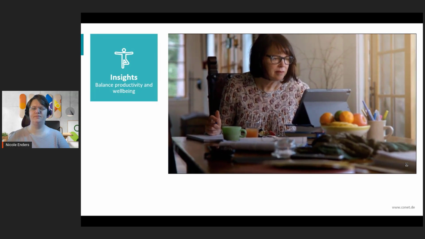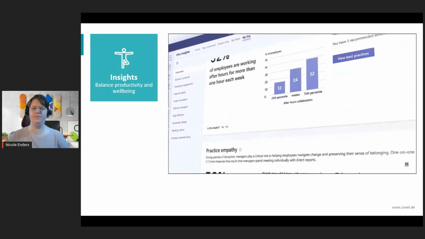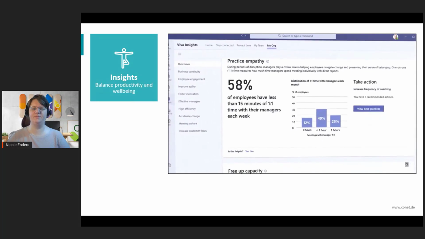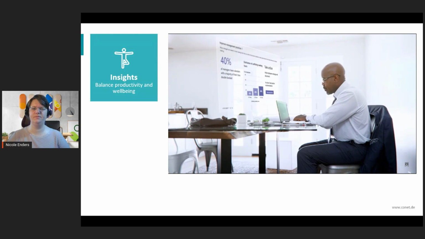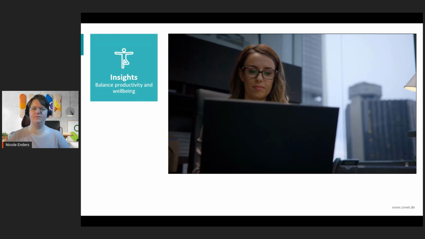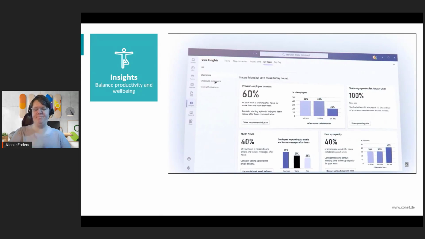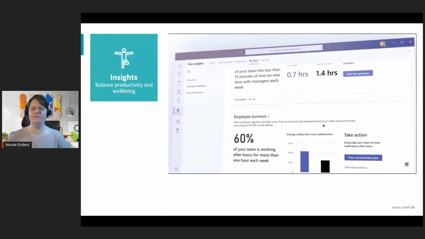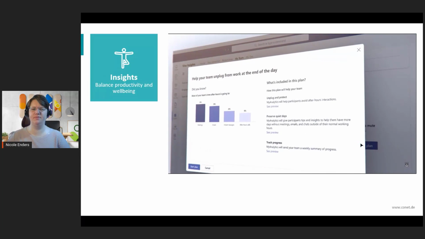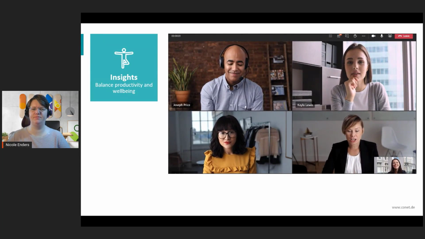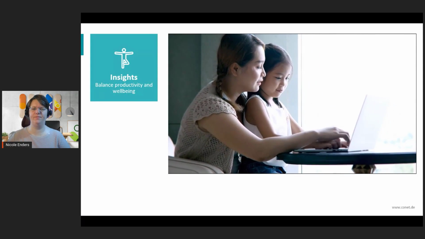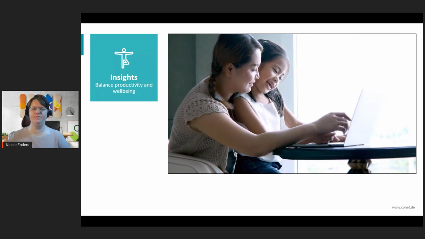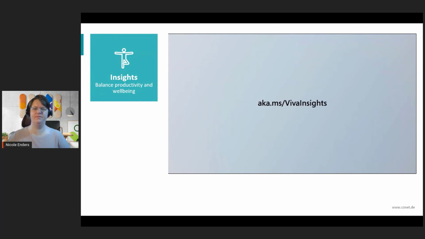Insights for managers and leaders offer windows into how work happens and the impact on employee well-being. Identify where teams may be isolated and take action to break down silos. Quickly discover opportunities to prevent burnout, promote coaching and development, and boost engagement. You and your team's well-being is important, especially in times of change. Taking care of one another allows you to thrive and your organization to build resilience. Experience how new well-being insights in Viva can help.